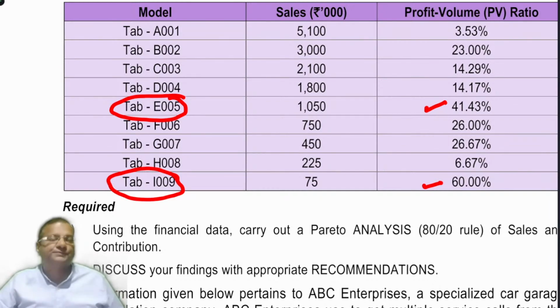Third point, vital few common under sales and contribution. कुछ ऐसे प्रोडक्ट आपको मिलेंगे जो वाइटल फ्यू सेल्स में भी आ रहे हैं एंड वाइटल फ्यू कंट्रीब्यूशन चार्ट में भी आ रहे हैं, तो आपको उनको फाइंड आउट करना है. And fourth is the most important point,